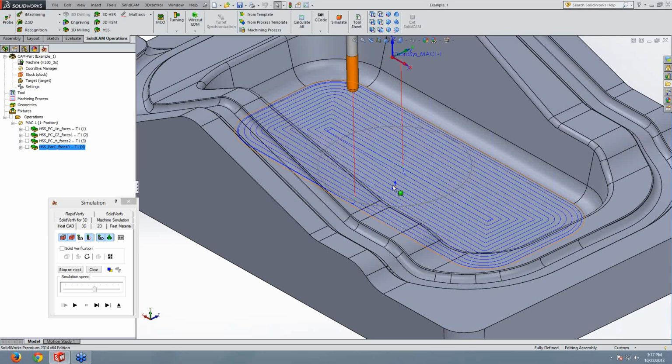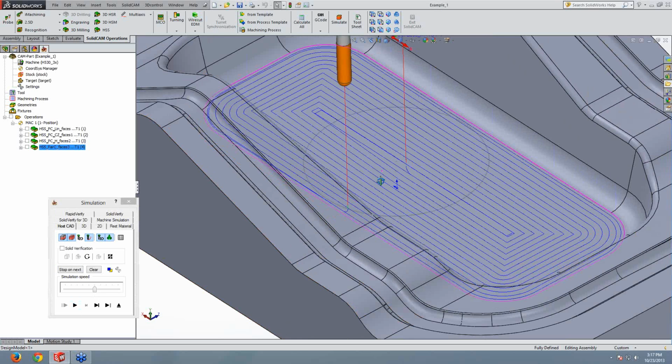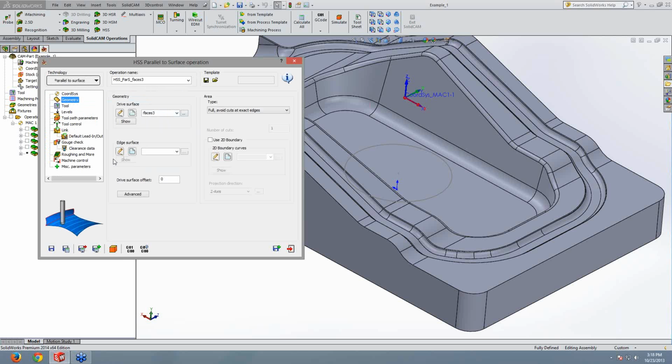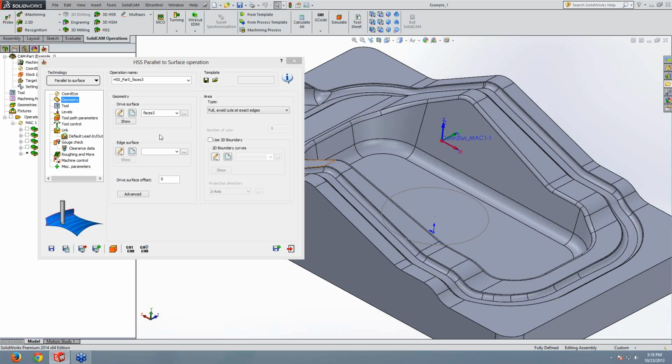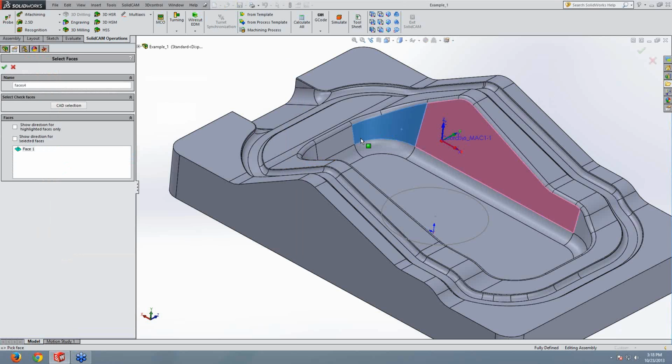It looks very nice. You can see here the vertical arc, and really a very nice toolpath. We continue with a new option, parallel to surfaces. Geometry, and I want to select these surfaces. This is my surfaces,